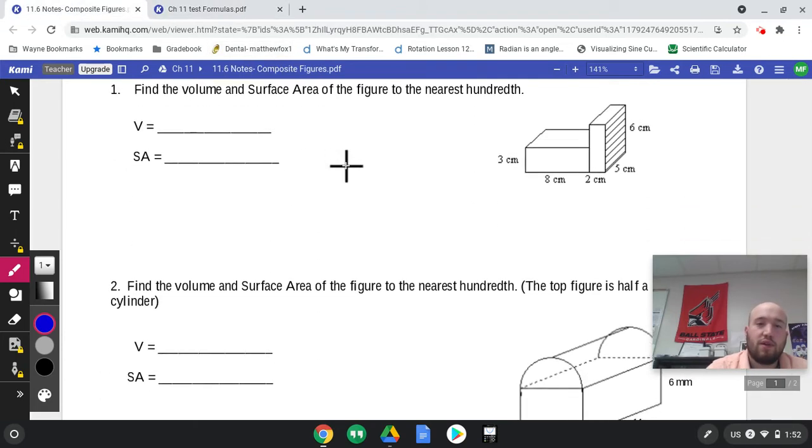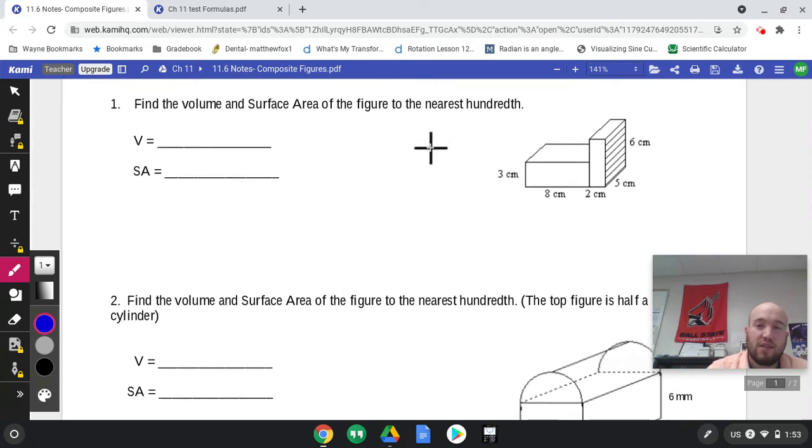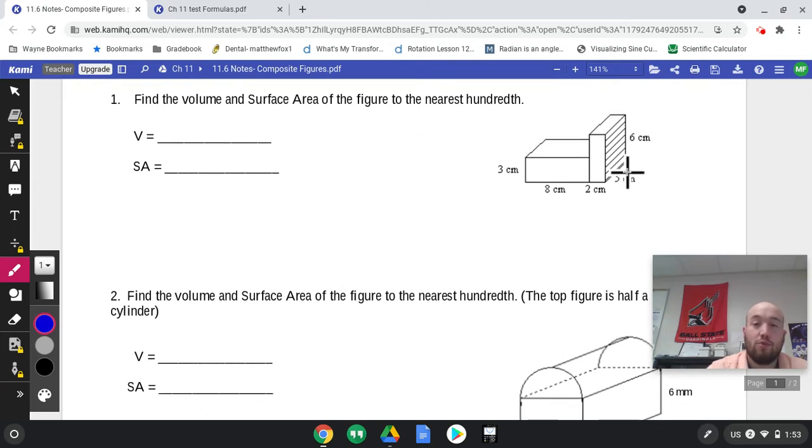So, if we think about it, here we have two different prisms smacked together. Now, to find the volume, the volume is easier. You can find the volume of one, the volume of the other, and you will add it together to get your answer. To find the surface area, that's a little more difficult